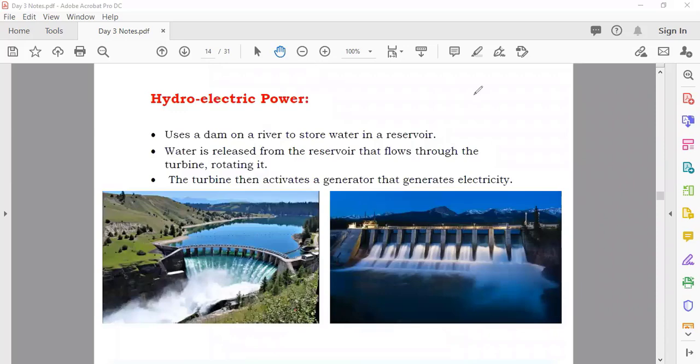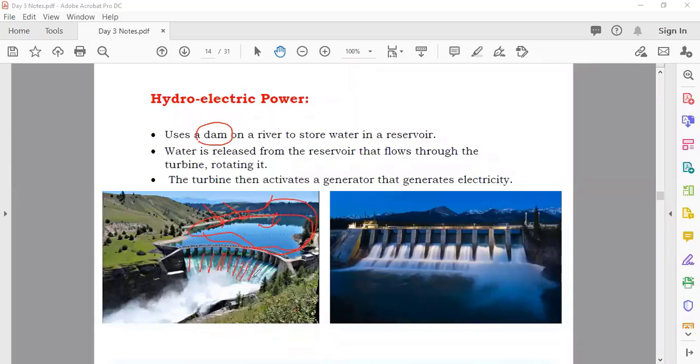Now this is hydroelectric. Hydroelectric is used by a lot of countries. What they are doing is making a dam. A dam is a place where they store water. This is the dam. Here they store the water. Dams are mostly on high places where you have mountains, and the water comes down from the mountain and is stored here. Then from here they will make